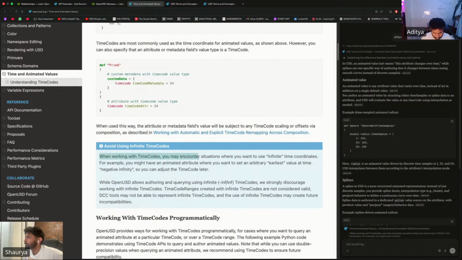When working with time codes, you may encounter situations where you want to use infinite time coordinates. For example, you might have an animated attribute where you want to set an arbitrary earliest value at negative infinity, so you can just adjust the time code later. While OpenUSD allows authoring and querying using infinite, minus infinite time codes,